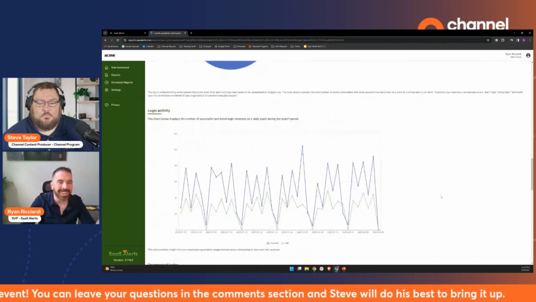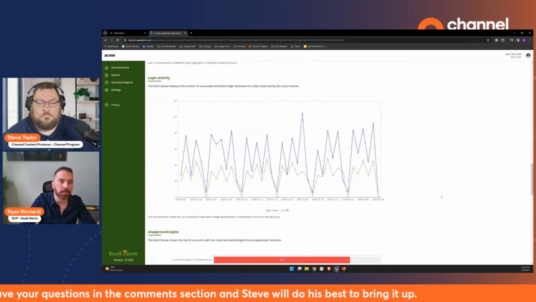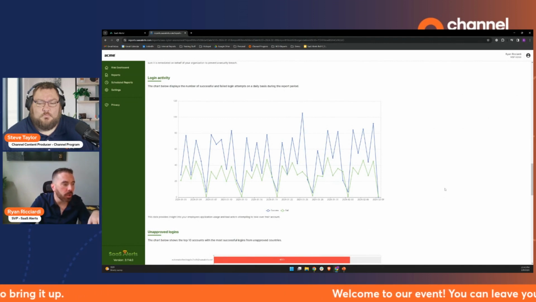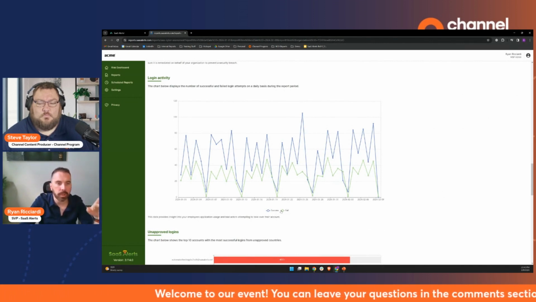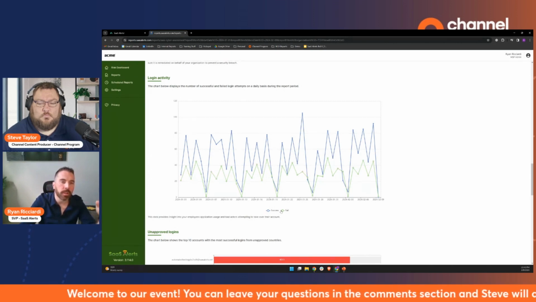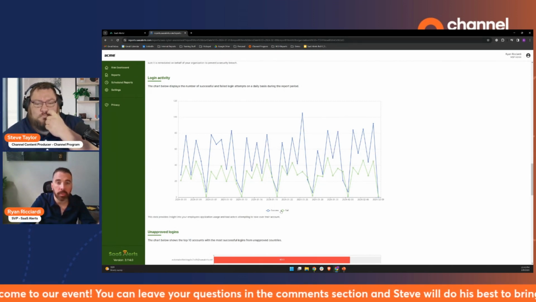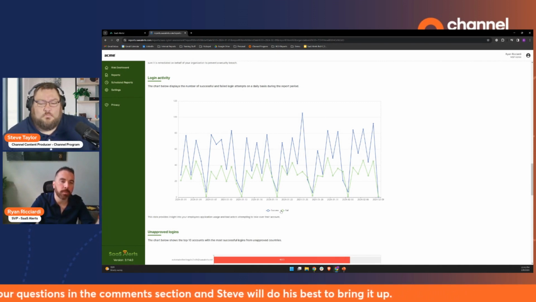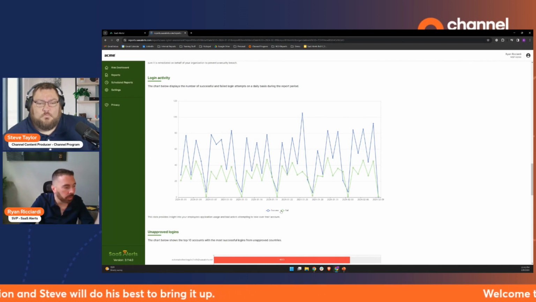Login activity. You can kind of guess when the weekends are off of this report. Now, one of the things of note, you can change the color schemes of these things, is during long weekends and over holidays like 4th of July and Christmas, we tend to see the failures spike up over the successes. And I'm sure you guys can guess why. There's fewer eyes on glass. That's when the attackers attempt things. So anytime we see that, we tend to make sure people have more aggressive respond rules turned on, because you can schedule those to run for X amount of days or whatever.